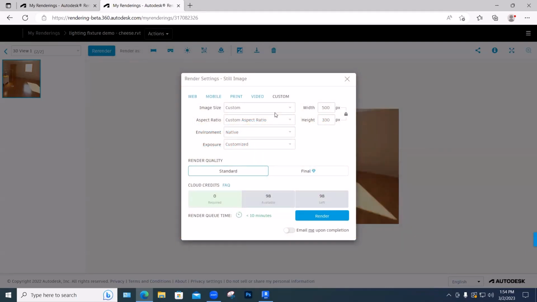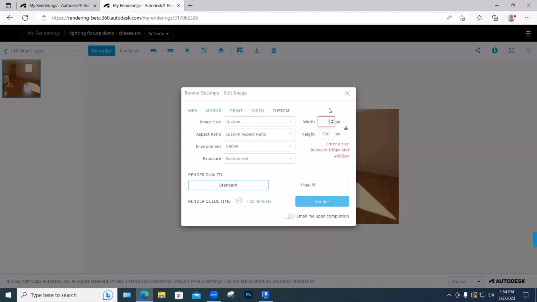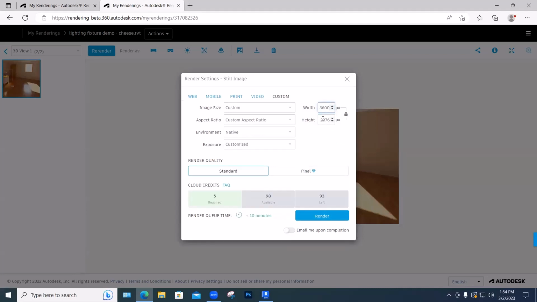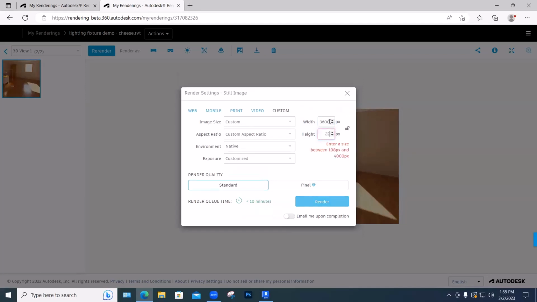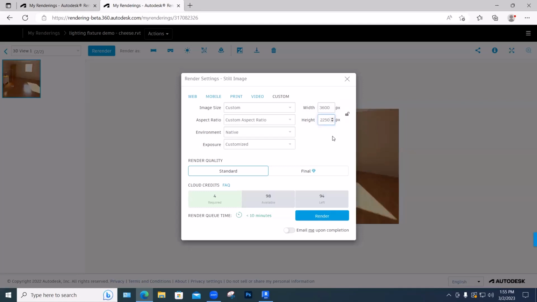So I can set up, if that's how big I want to print it at that resolution, I can set those dimensions specifically over here. And normally, if I wanted to increase this one to, let's say 3,600, then this one will come along with it. They scale proportionally, but in this case we won't do so. So we'll unlock the proportions and enter a height independent of the width. Then you could unlock them and set this one to be 2250, and it will take a couple of rows of pixels off the top and the bottom to make that fit. So custom aspect ratio,